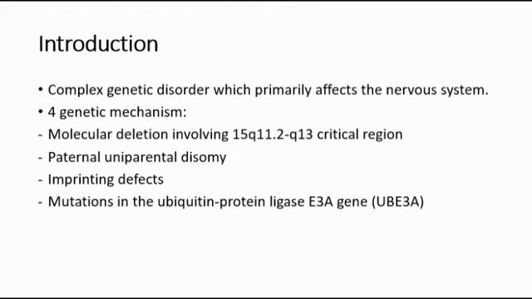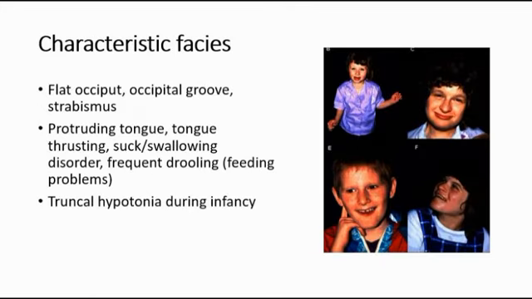Other mechanisms include imprinting defects and mutations in the UBE3A gene. Many of the characteristic features of Angelman syndrome result from the loss of function of the UBE3A gene. The characteristic facies of Angelman syndrome include flat occiput, occipital groove, and strabismus, which means squinting of the eyes. They may also have protruding tongue, tongue thrusting, swallowing disorder, and frequent drooling, causing feeding problems, and also truncal hypotonia